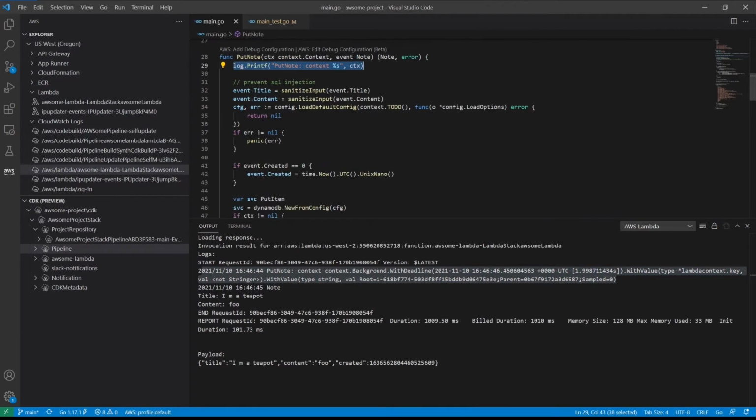We'll load up the default configuration, which will prepare the AWS SDK for operation. And because it works like any other SDK for Go, we'll want to check that error value that comes back and see if there's a problem. If there is a problem, we want to reflect that in terms of a panic. Now that's okay, even though the program will die at this point.